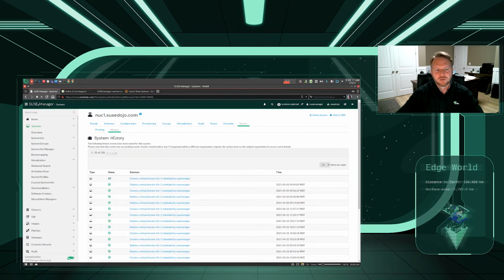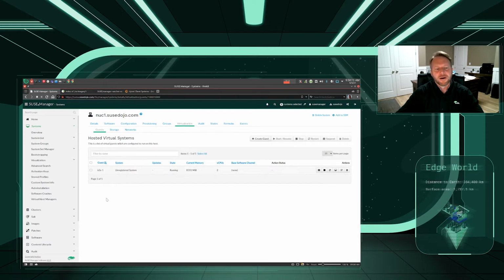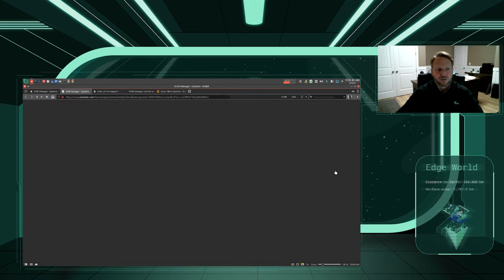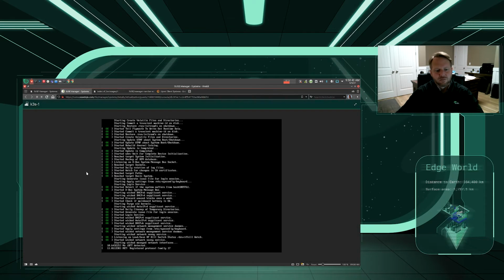If we go to the history, we notice that it did get picked up, so we can look at virtualization now. And we can see that that operation is running. And so it should be picking up the image and then booting up that virtual machine. I can actually see the console directly from SUSE Manager by clicking on the console link there. And it's booting up,